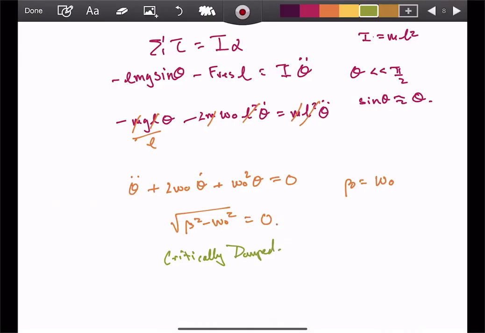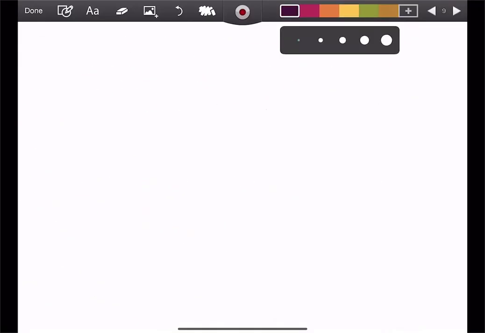Just to remind ourselves, when we went back, we had x double dot plus 2 times beta times x dot plus omega 0 squared times x equal to 0. I didn't write that down initially, but this is where that factor 2 comes from. So I can read off what that beta is. But anyways, this is my solution. In this case, we have critically damped,